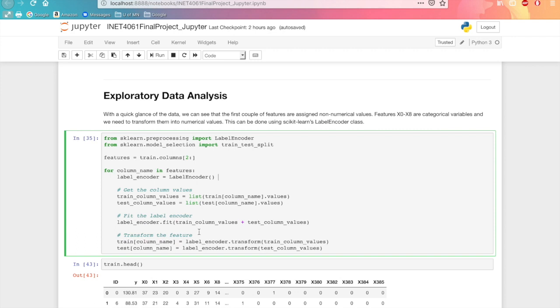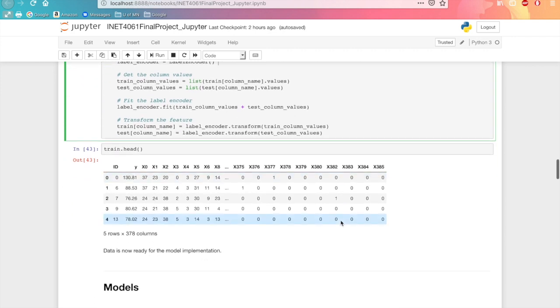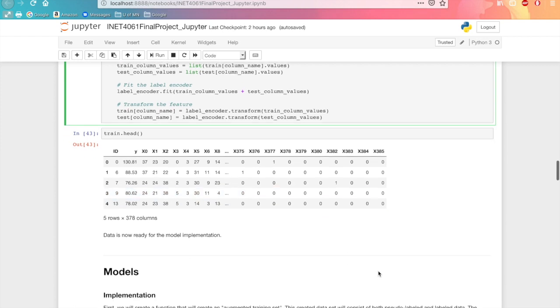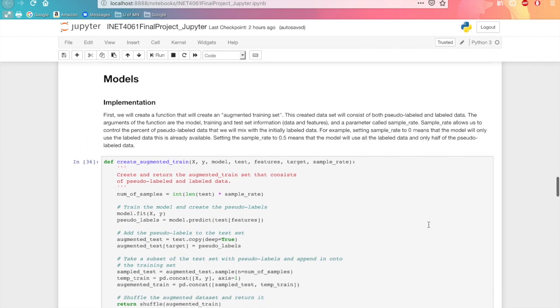So that does all the work for us there. You can see that's how our new transformed data set looks. We have all numerical values now, and we can go on to the actual model implementation itself. First, like I said, we have to make our own implementation of the pseudo labeling model, and